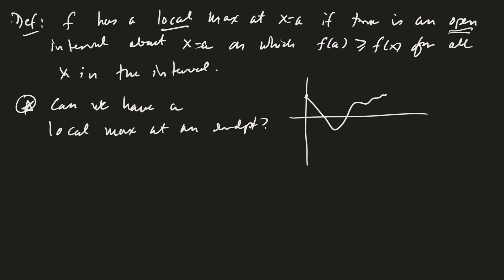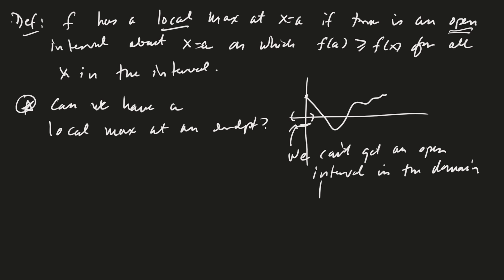Can I say that I have a local max at x equals 0? The problem is that you cannot get a full interval about this point, x equals 0. Since we can't get an open interval in the domain that contains 0 in this instance, this would not be